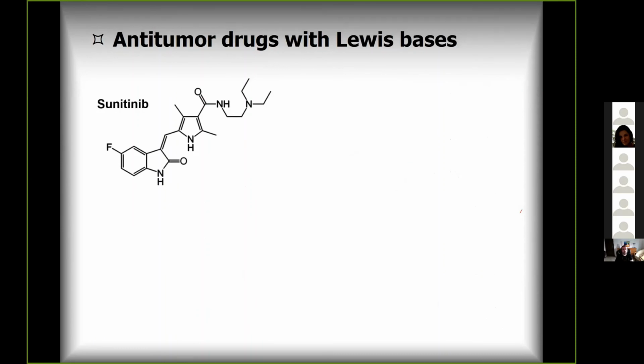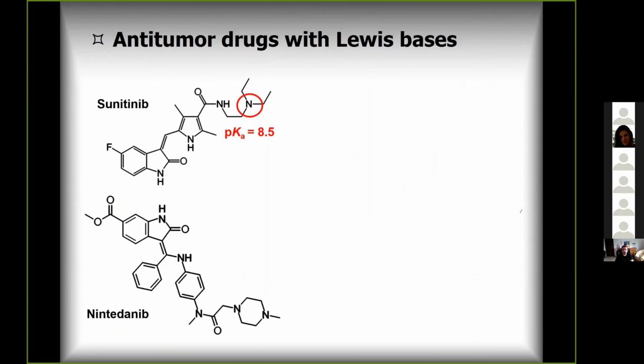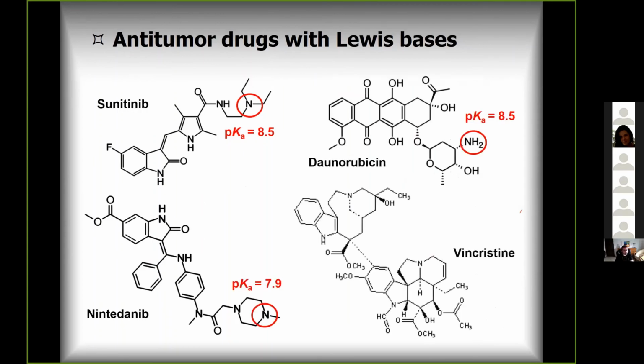I'm going to bring you these 4 examples and show you the pKa values. Otherwise, you have no idea how much it needs to change the pKa to actually cross the membrane. So it's not much. You see, the highest value will be 8.5. So if you have 7.2 in a normal cell, it's not that much. Once these compounds enter the membrane, this pKa probably will shift enough for the molecule to transiently deprotonate and cross